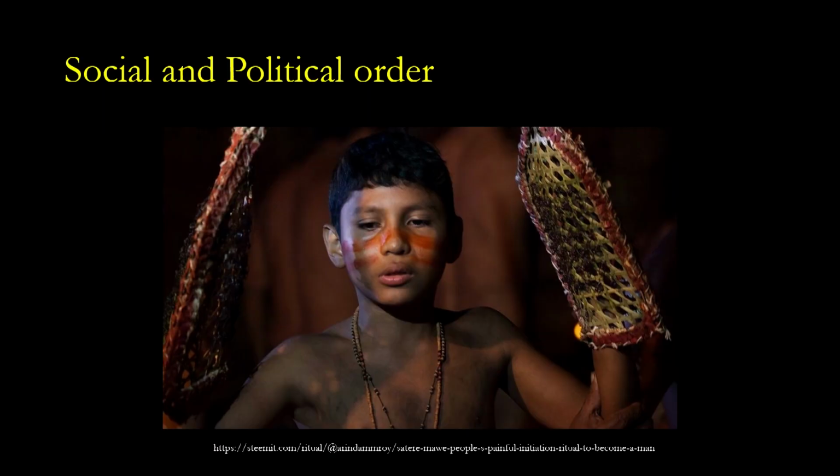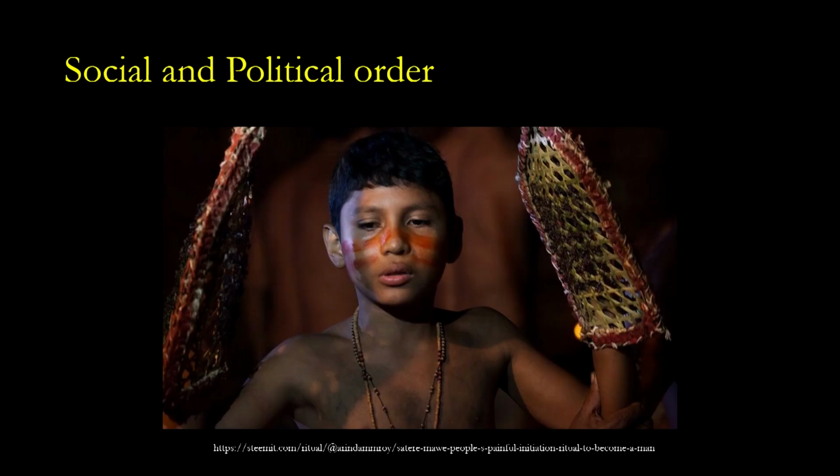Social and political order. For this I have put a picture of a small boy of the Sateré-Mawé community of Brazil. This is a custom followed when a boy is about 12 years of age, done to celebrate the transformation of a small boy from being a boy to a warrior. In this custom, a boy has to wear gloves on his two hands which have bullet ants in them, and this boy is supposed to